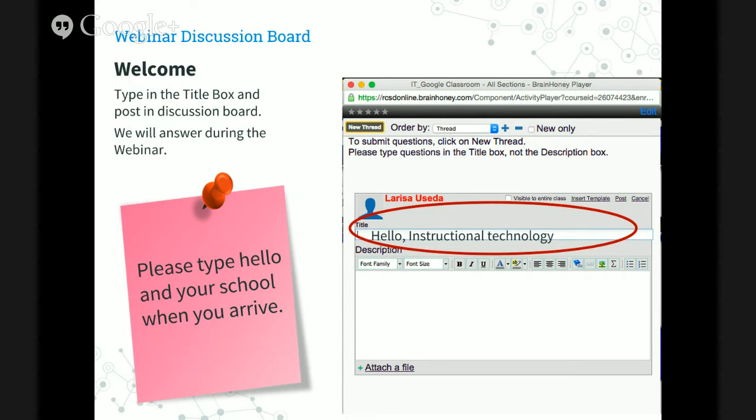You may not see anything happening in that discussion board, the Q&A. In order to keep updated, you're just going to click on the Q&A and refresh. If you click on it, hit F5 and it will refresh. It's not the perfect system, but it works pretty well.